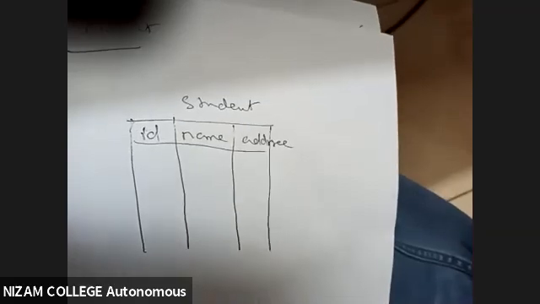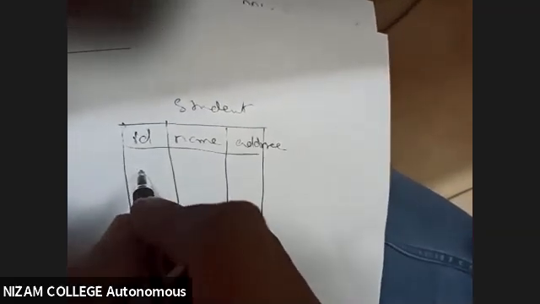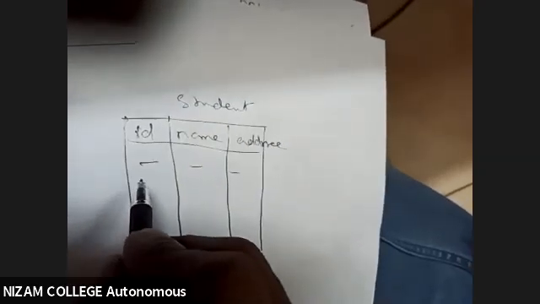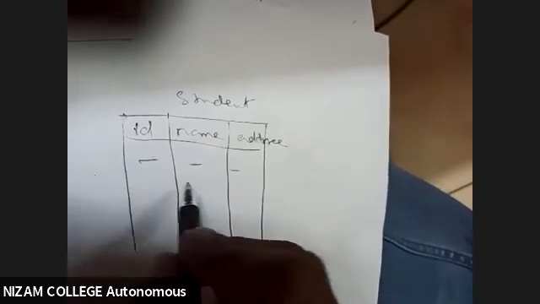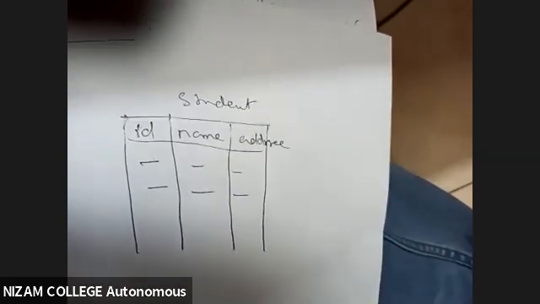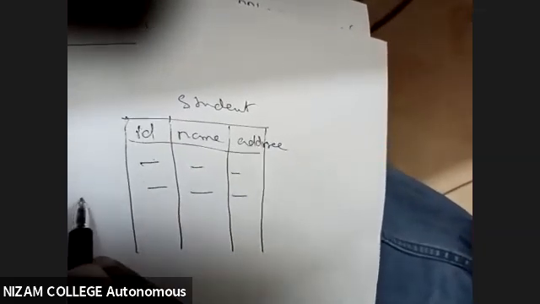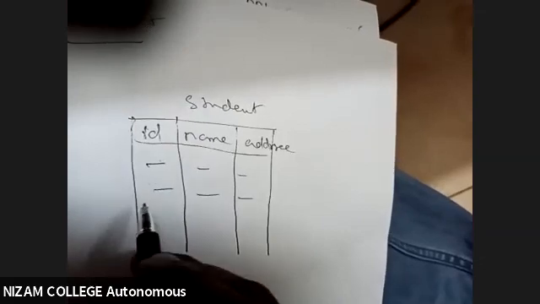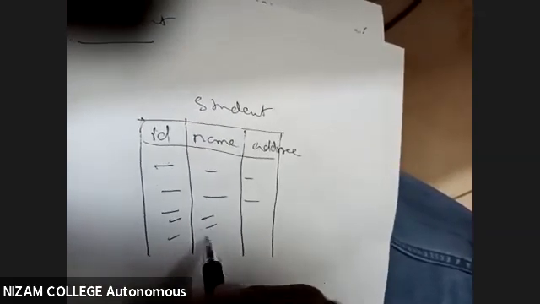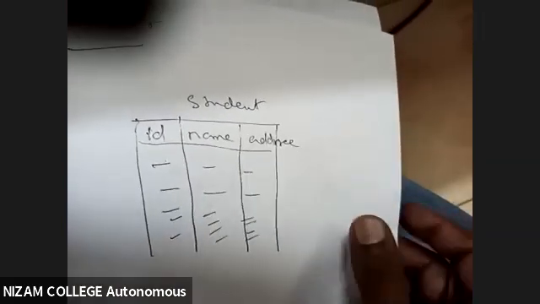Previously, we have been inserting the records like this. I insert the first record using the command. Then again I want to insert another record, so again I type the command. Then I realized that I don't want to type the command every time, so I went for the second option. So what is the second option? Bulk records: I insert the bulk records like this. So that is type 2.